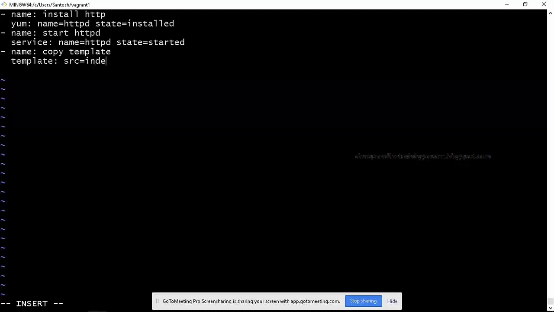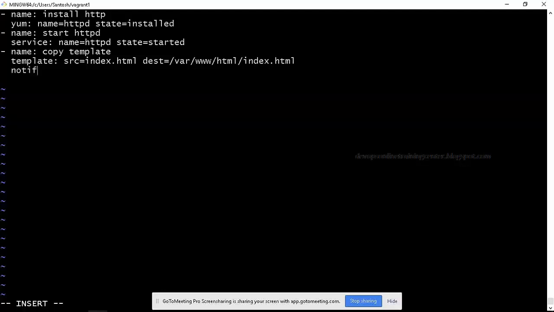So here we can directly give the index.html and dest is equal to /var/www/html/index.html, right? And if you want, we can also give the notify keyword to restart. Notify, and what is that? Restart httpd, right? Then I can give handlers.